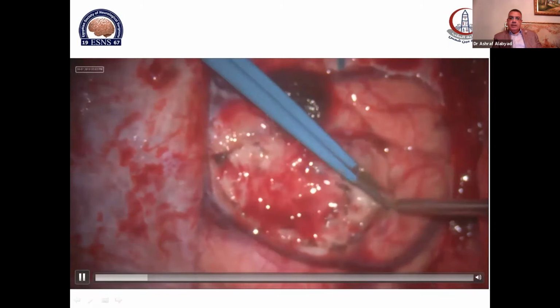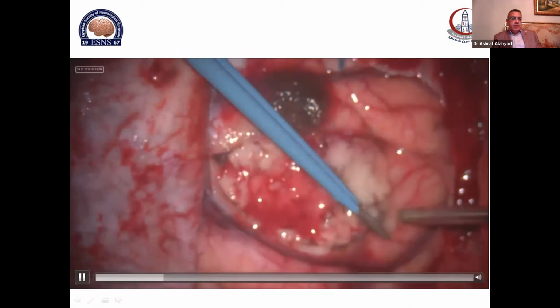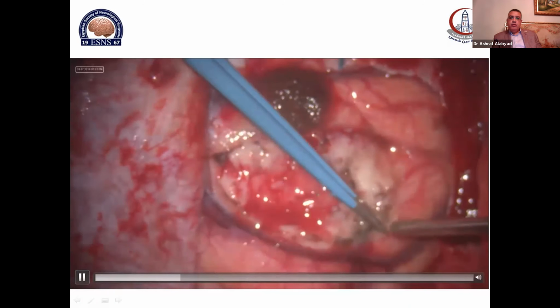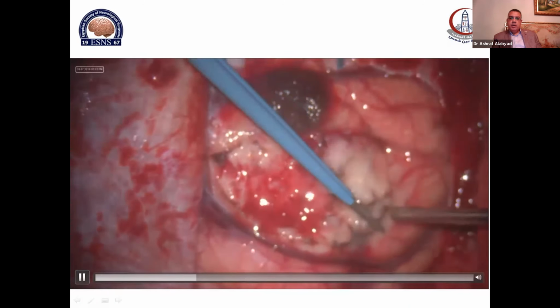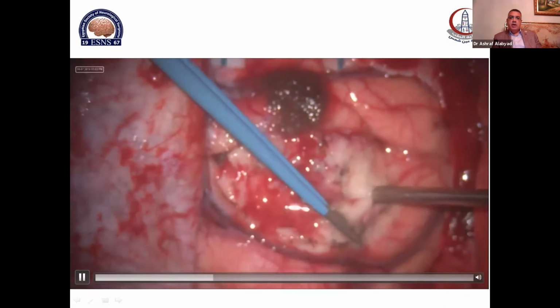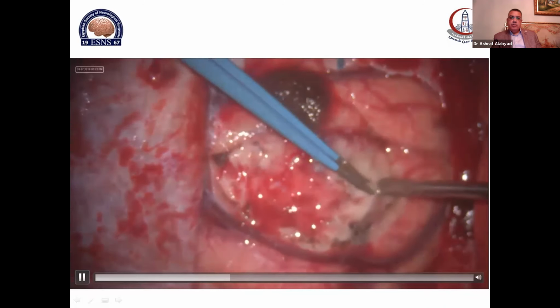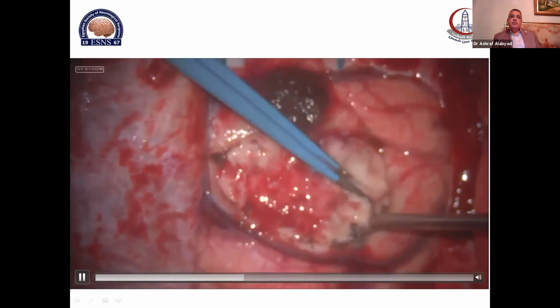In fact, as we can see, we have to define the margin all around the tumor before starting internal debulking, because if we begin to debulk internally extensively without defining the margin,